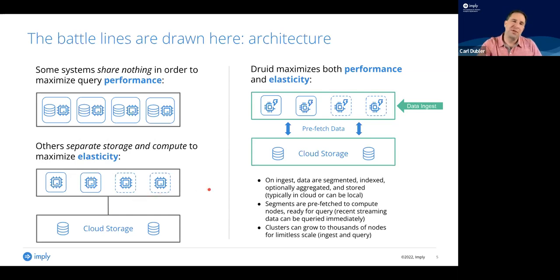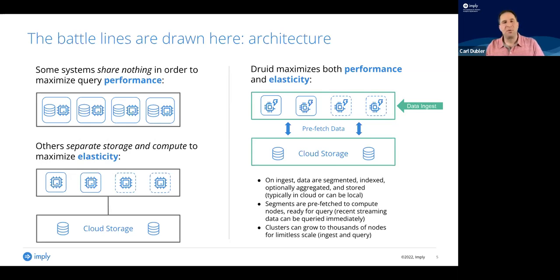Now, Druid, we call it a shapeshifter because the Druid character in a lot of fantasy role-playing games was a shapeshifter. One of the reasons it's called that is because of this hybrid architecture you see on the right. We do both. We do both shared nothing and separate storage and compute. And this is pretty unique. So we have the two layers so that you get the flexibility of adding a node or removing a node whenever you need to, and the cluster simply rebalances automatically. There's no downtime, there's no manual effort like you would have to do on ClickHouse for the same operation.